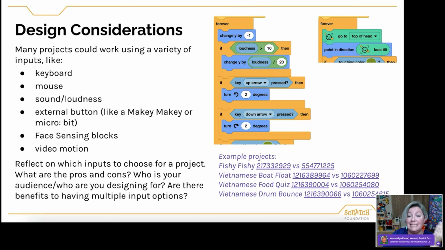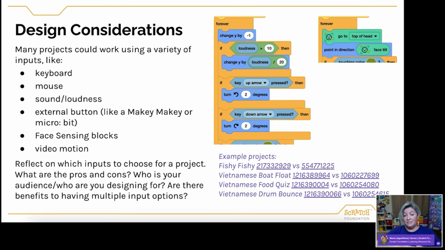The other one uses loudness. Maybe I can't control the loudness in my room, and so that will have an effect on whether I'm able to play the game successfully. Maybe using the keyboard keys to control the boat angle is just a little too finicky, and it doesn't give me the kind of control I need. So I also like to challenge students: okay, now that you've made this, make a copy, make a different version, and see what happens if you change out the inputs, and what kind of effect that has.